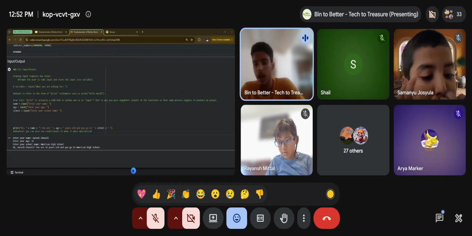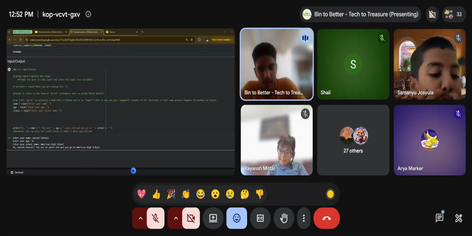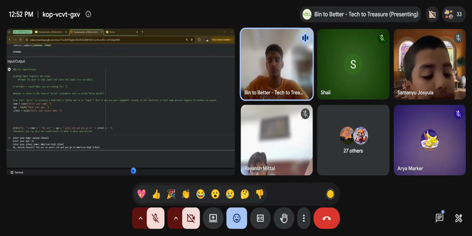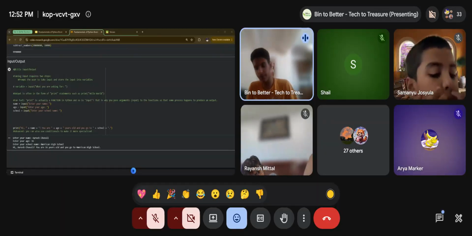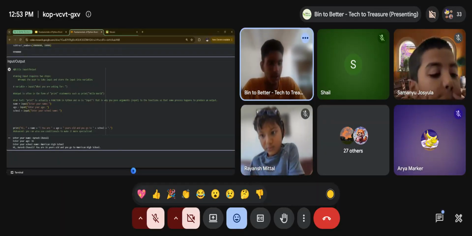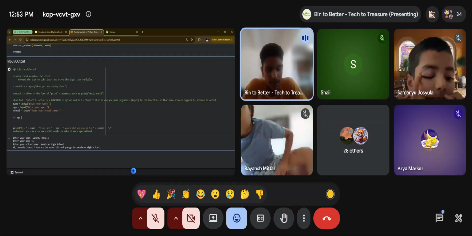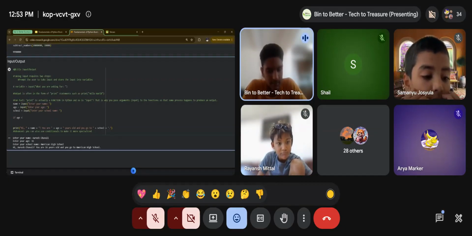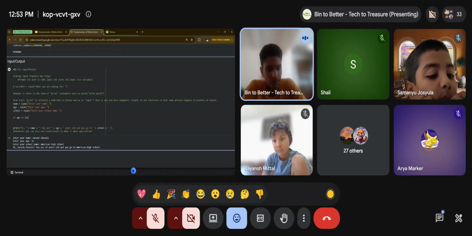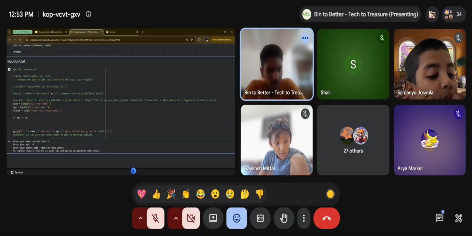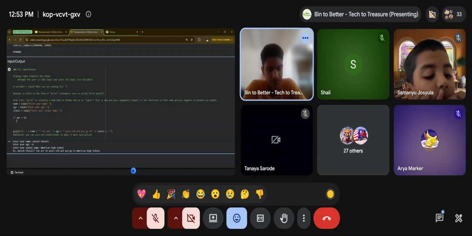If I wanted to say a specific thing if the person was below 18 and above 18, I would use conditionals here. So if age less than 18, just like how you do with a variable, less than or equal to 18, you would say